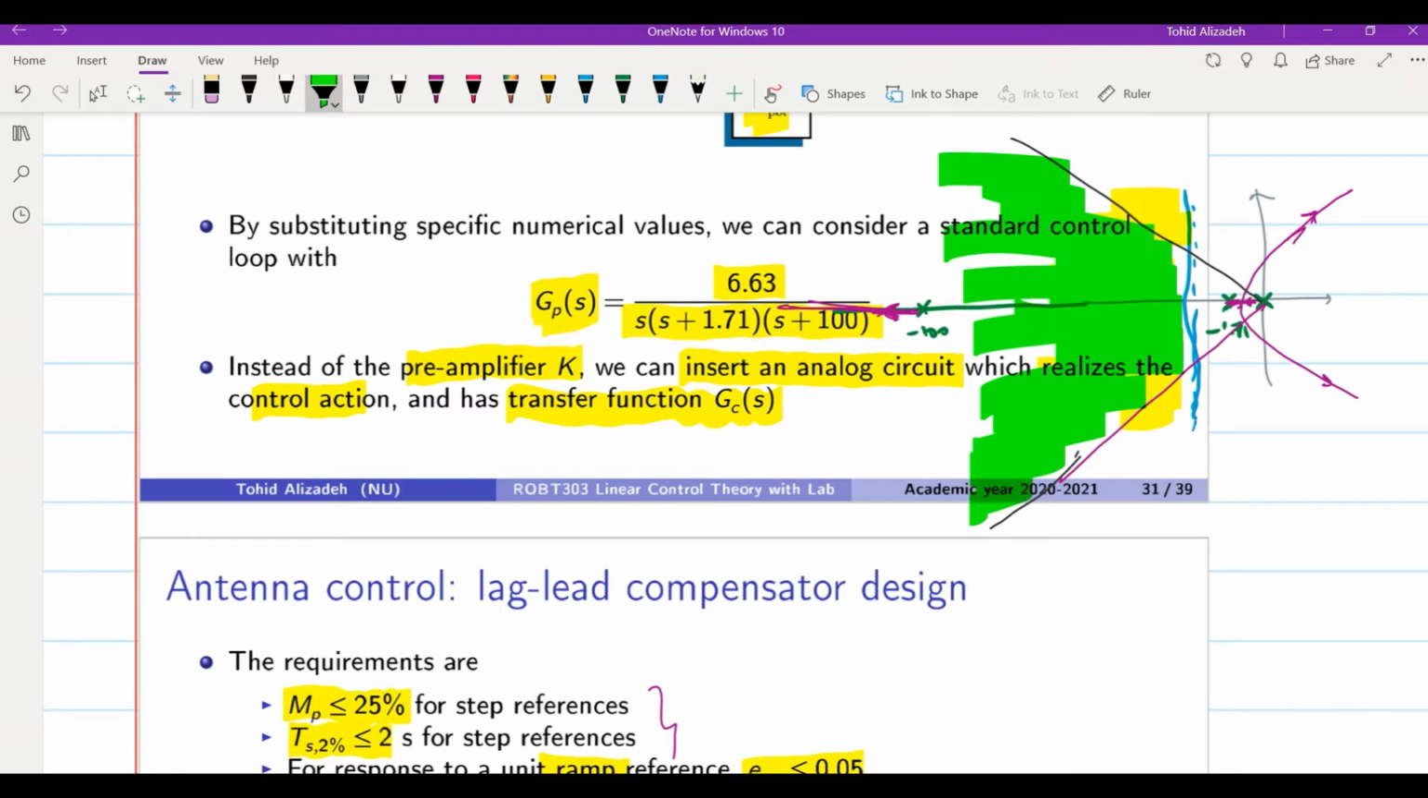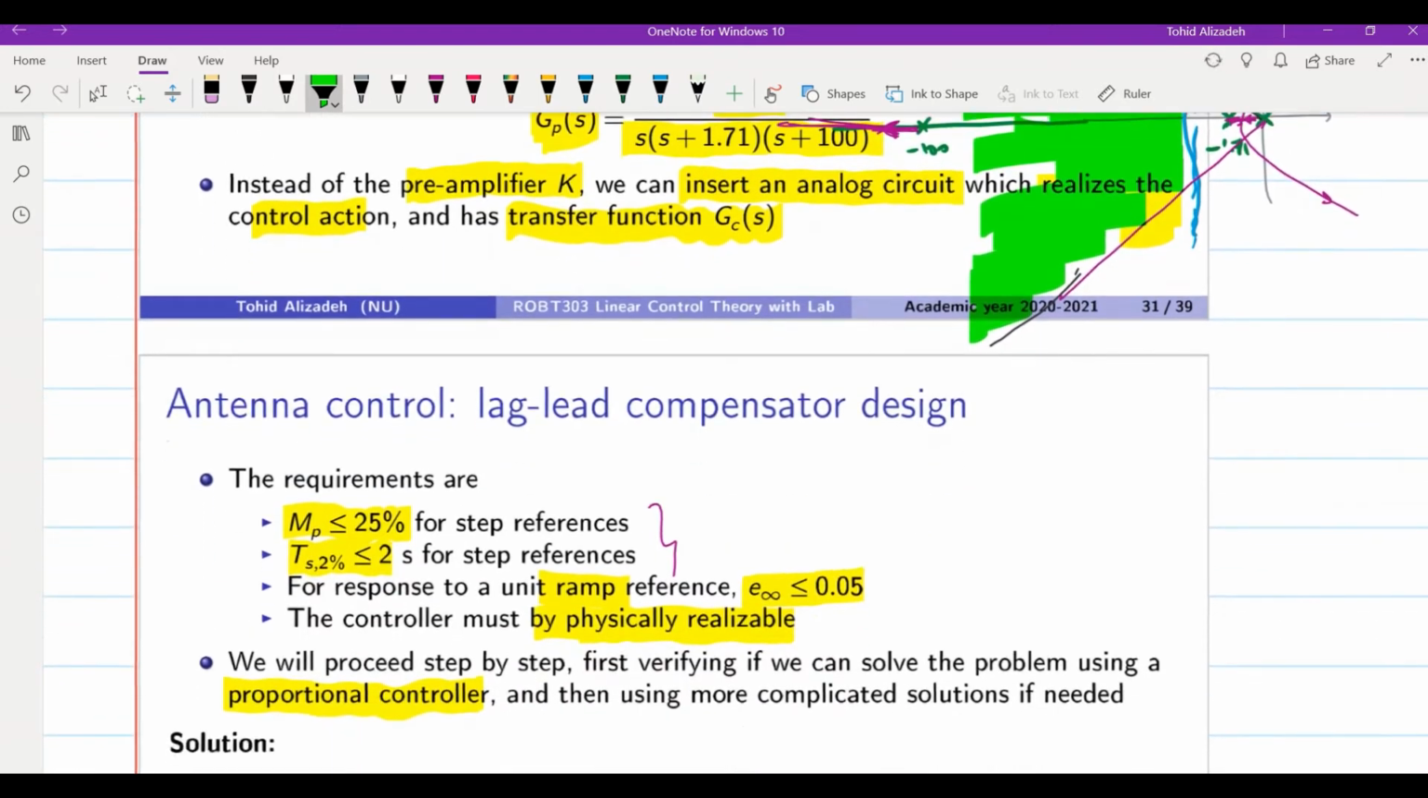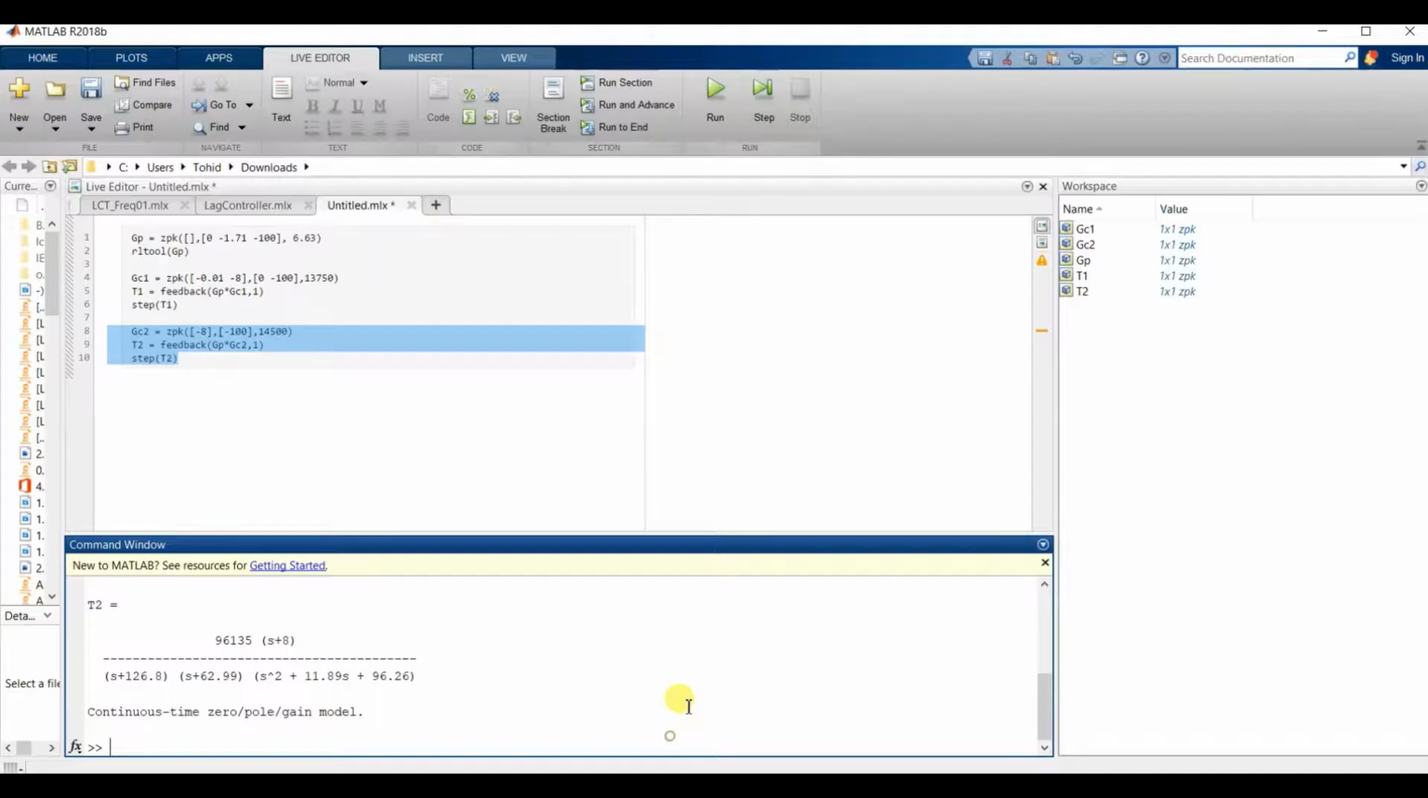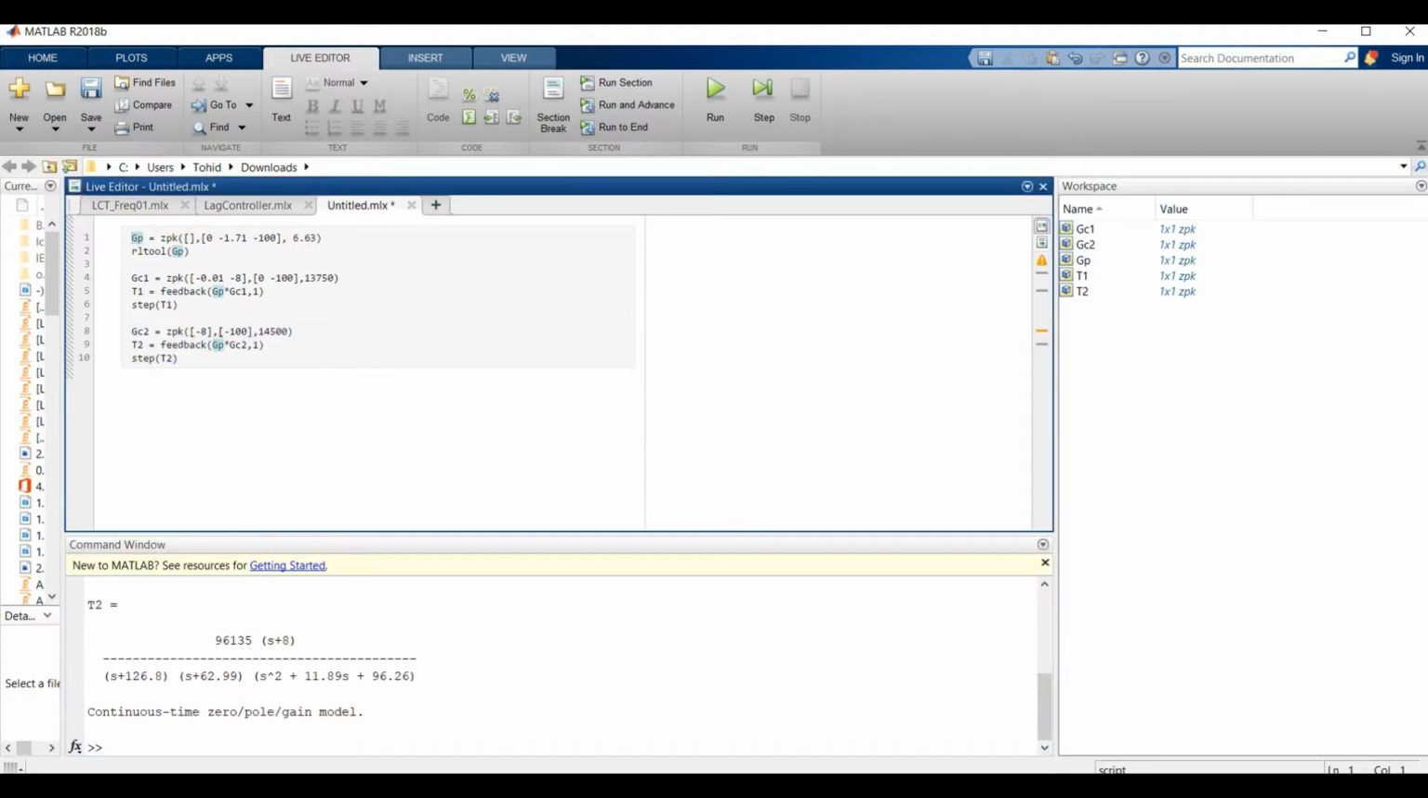Alright, so to be precise, I will use MATLAB and the rltool function that we have. I already have the GP declared here. GP is ZPK of, there are no zeros, so here we have nothing. We have one pole at 0, one at minus 1.71, and the third one at minus 100, and 6.63 is what we have as the gain k for this system. Then using rltool of GP, we have the